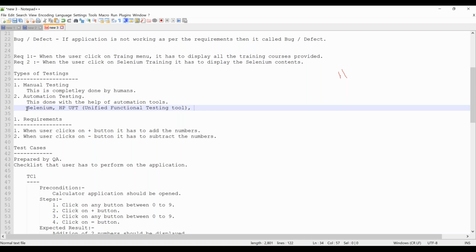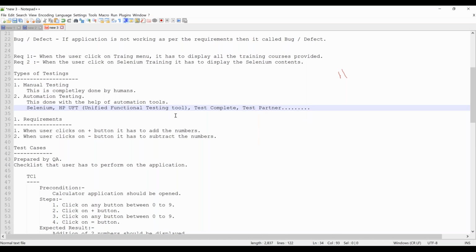For the people who studied outside, maybe in your institutes you have learned the older version, QTP, but I'm going to teach you the newer version, UFT. Then I will tell you how you can install it on your machines too, so I'll help you out with that. There is also another automation tool called Test Complete, and Test Partner. Like this, there is a list of automation tools available.